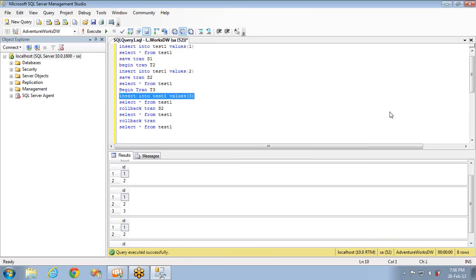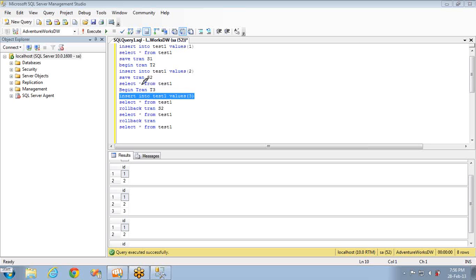This is inserted. So if you see here, first when this one is inserted, the first record is showing when I run the select statement, and when I insert the second one using begin transaction T2, I have inserted one more record into the database, and you can see it is returning 2 records here. And the third one, it is save transaction.